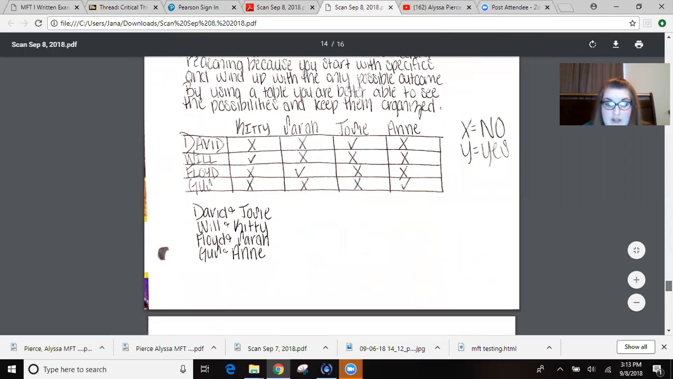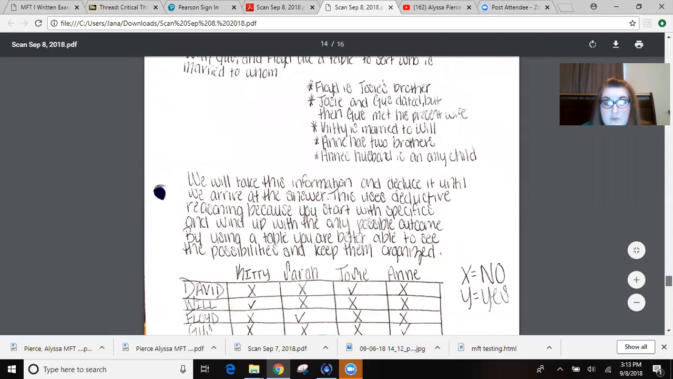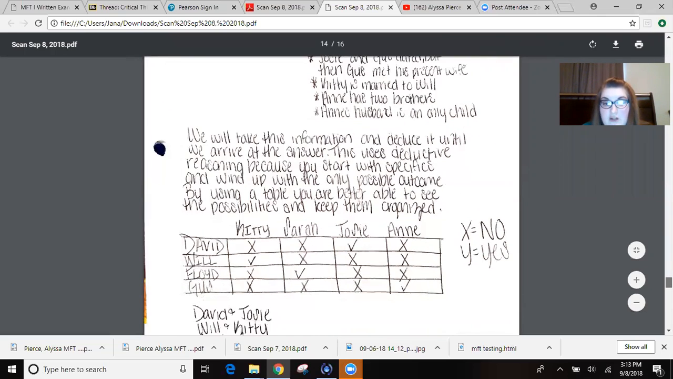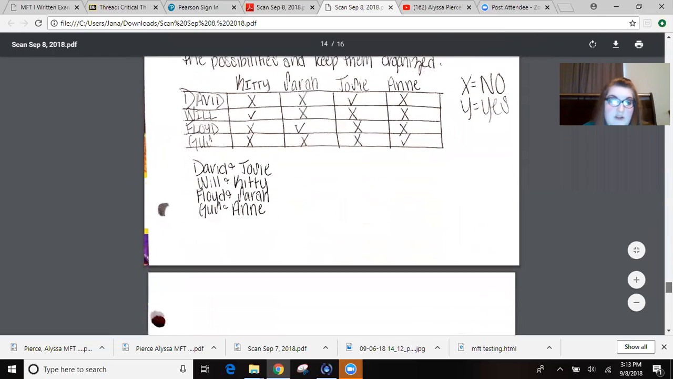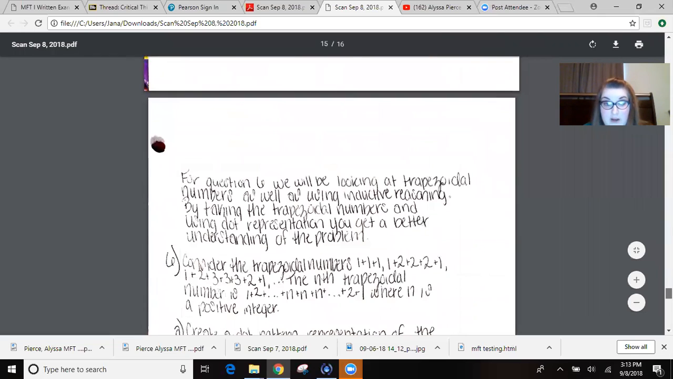Kitty's married to Will. That leaves Floyd and Sarah and Gus and Ann. You'll see that Ann has 2 brothers, but Ann's husband is an only child, so that kind of crosses each other out to figure out David and Josie, Will and Kitty, Floyd and Sarah, and Gus and Ann are the